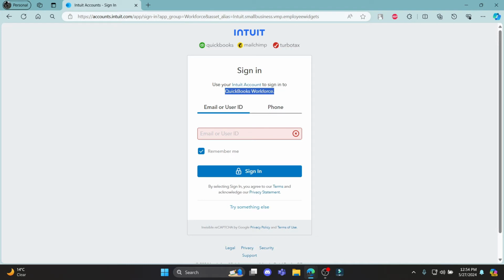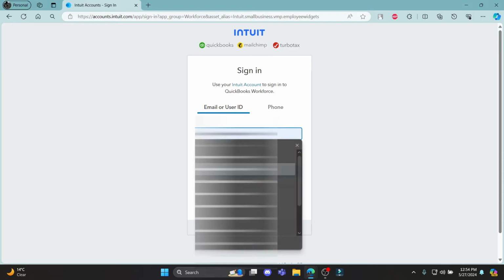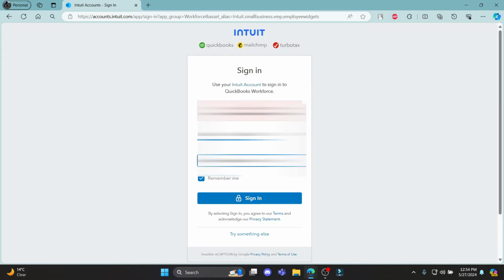So you can use two types of different things to log in, either your email address or your phone number. So go ahead and use your username or your email address and write it down over here and then click sign in, and if the account exists, then a password option will show on the screen. Go ahead and write down your password and then you can click sign in again,